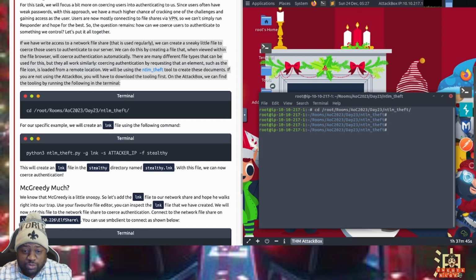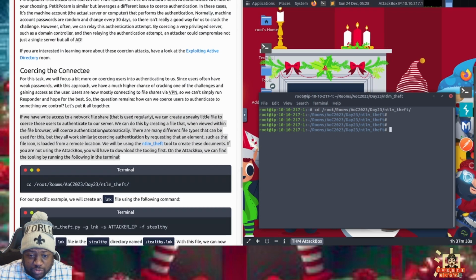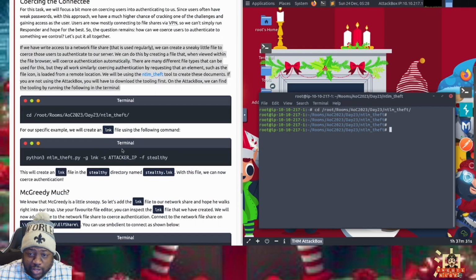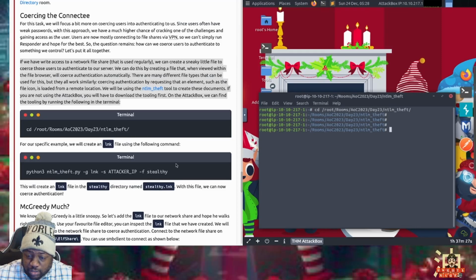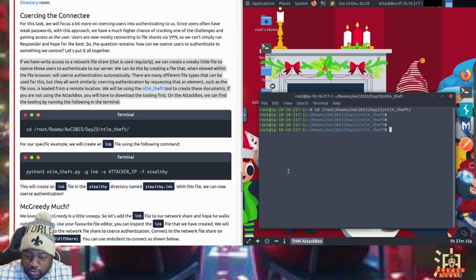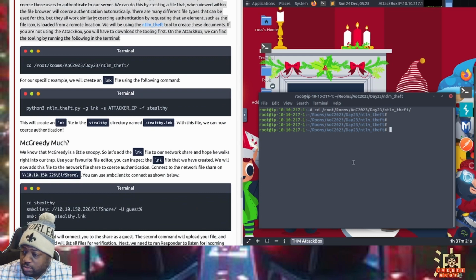And it wants us to create a LNK file. It doesn't really go into too much detail about it. I'm kind of interested more about this LNK file and what exactly it does, but we'll look into it later. Well, I'll look into it later. Let's see.